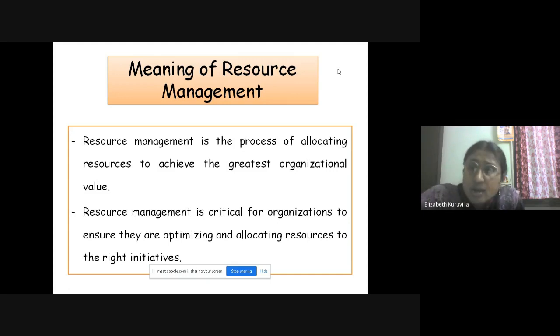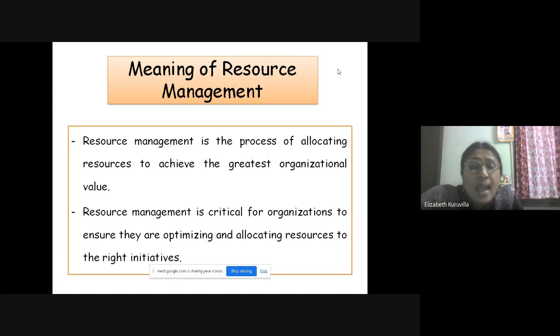So it is not just a static thing, it is a process. So what does the process include? Distributing and purchasing of resources. First, identifying the resources, then selecting the resources, purchasing the resources, allocating the resources to achieve the greatest organizational